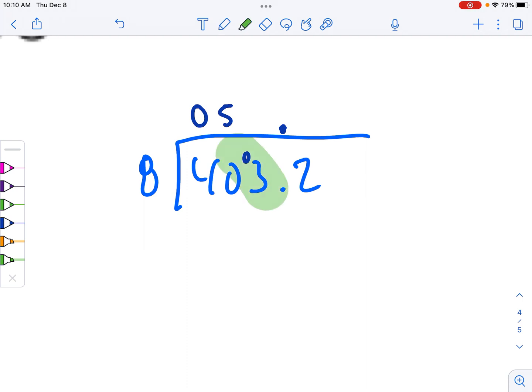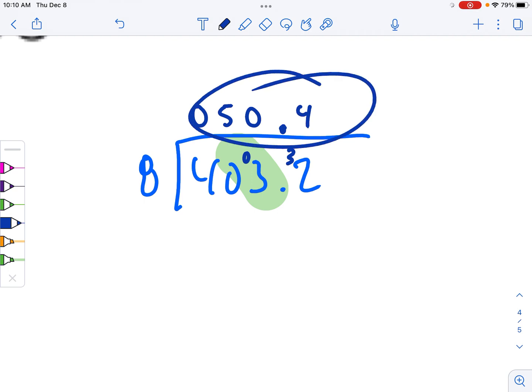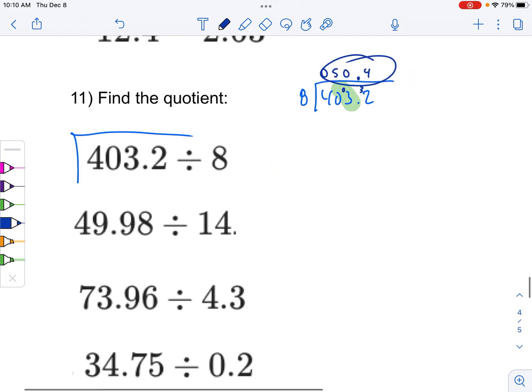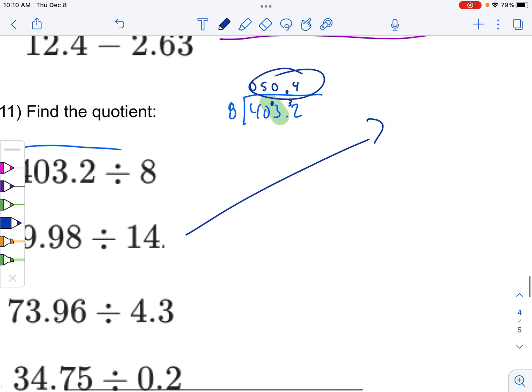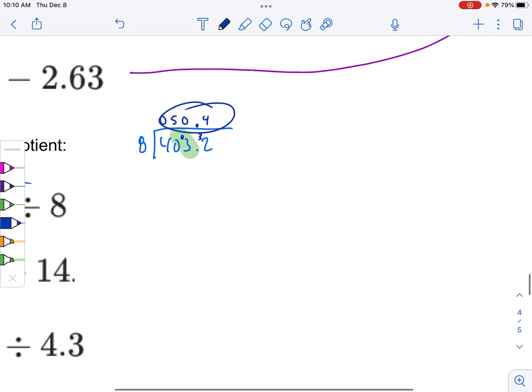8 goes into 3 0 times with 3 left over. 8 goes into 32 4 times with 0 left over. There's my answer. 50.4. Nice. All right, next one. Boop. No, I'm not going to do lines because I need that space. So 49.98